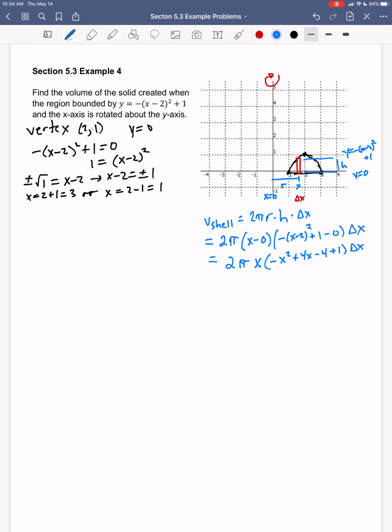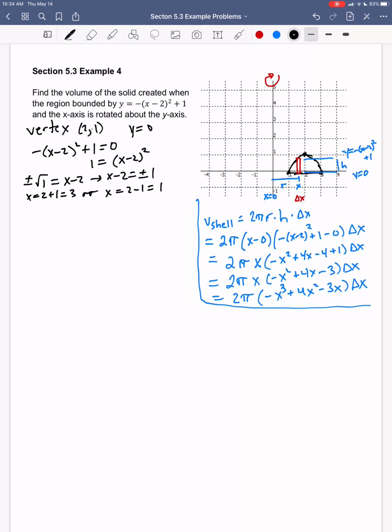You can do that by yourselves off to the side or on scratch paper if you need to. So I'm going to get negative x squared plus 4x minus 3. And if I multiply the x in, negative x cubed plus 4x squared minus 3x delta x. So my overall volume,